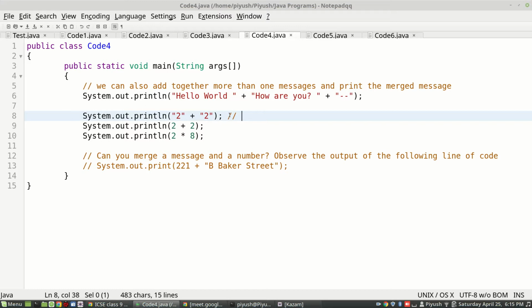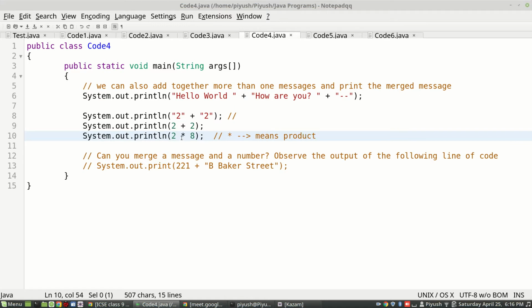So how did you get 16? You are asking about this line number 10, right? Yes, sir. So this star is used for multiplication. In computers, star means product.